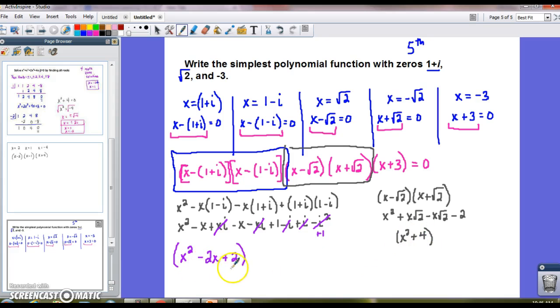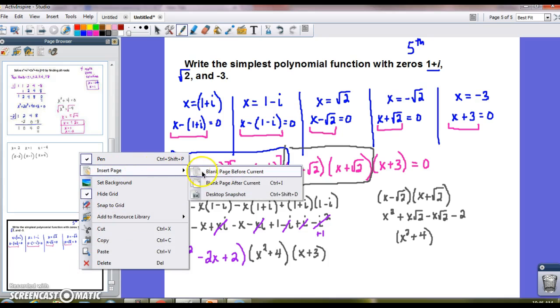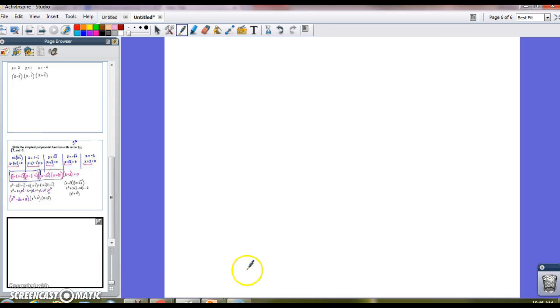So I have x squared minus 2x plus 2 times x squared plus 4 times, I can't forget my other factor there, which was x plus 3. Okay, so I've got a lot going on here. I'm going to go on to a new page here. So here are my factors. x squared minus 2x plus 2,